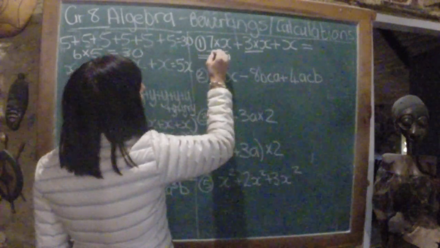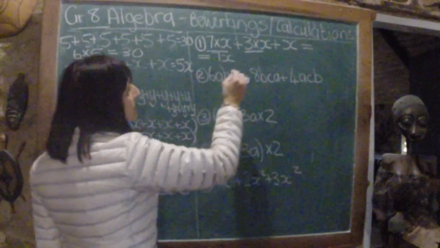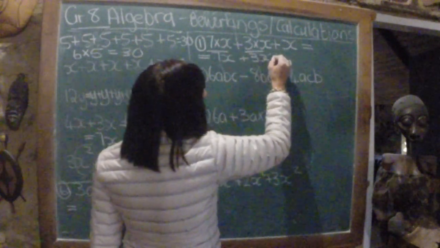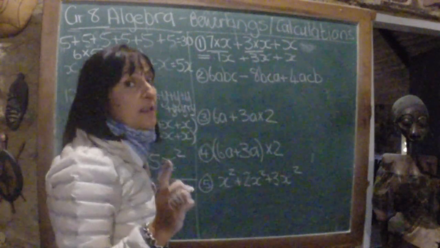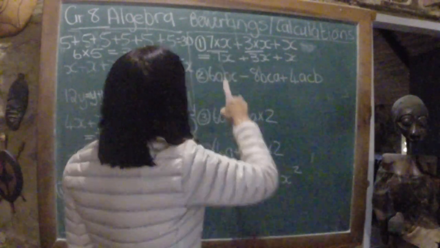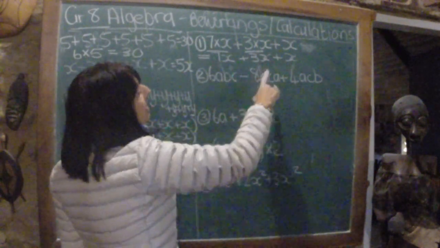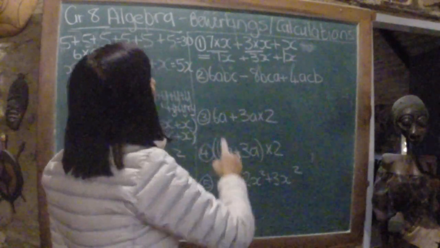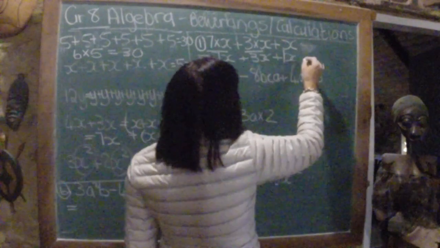So ek het 7 maal x wat 7x is, that means multiplication, plus 3x, multiplication, plus x. Kom ons kyk of ons hierdie goedjies mag by mekaar tel, whether it's exactly the same thing, x, x, x, remember? As daar niks voor die x is nie, then there's always a 1. So I'm going to add 7 plus 3 plus 1 gives me